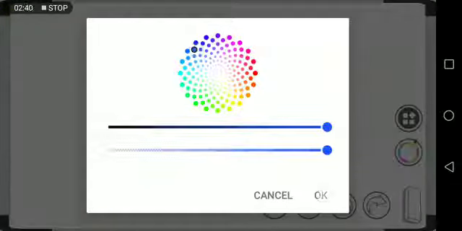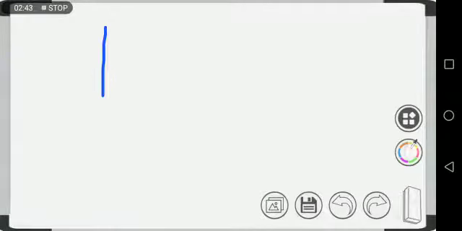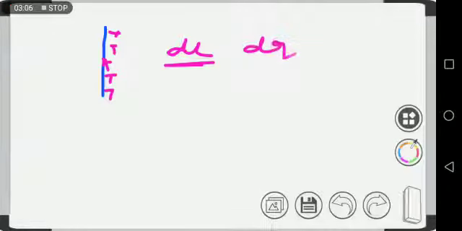Now let us consider again a linear charge distribution shown like this, having a number of charges. We consider a very small length dl, a very small length of the conductor. Then the small charge on this length, dq, will be equal to lambda dl, because the charge density is lambda and we are having dl length, so the charge will be dq equals lambda dl, and we are interested to find out the small electric field over there.